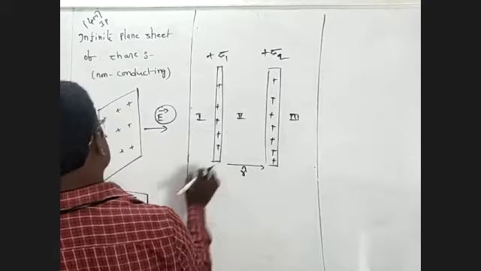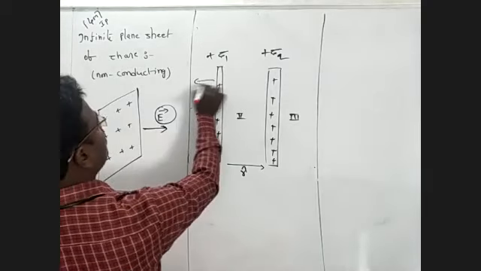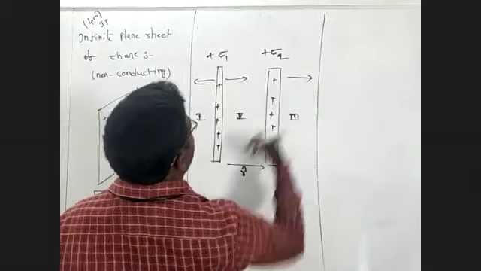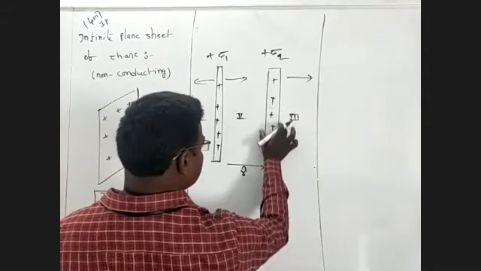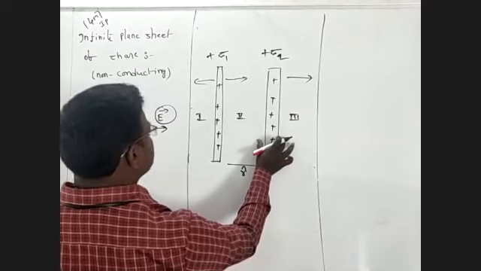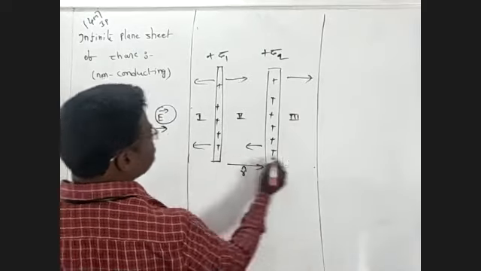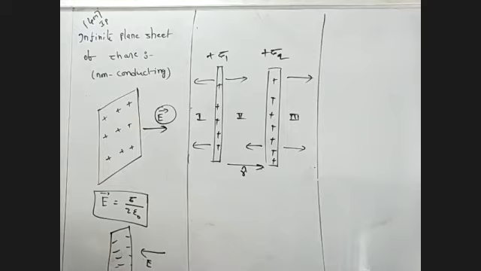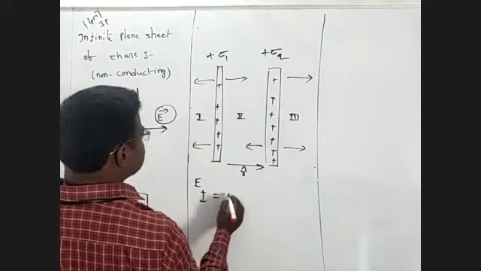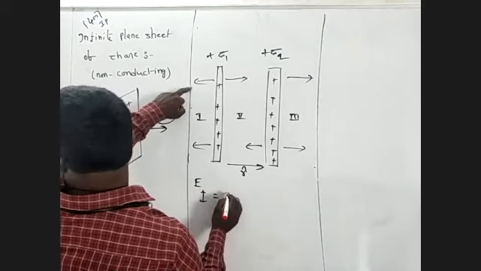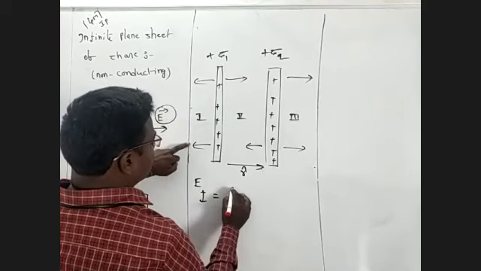This is a fixed bar for this. This is a plate, a positive plate. The direction of electric field is outward, here outward, here outward. This is sigma 1. For this plate, this is sigma 2. For a positive charge, the direction of electric field is outward. Here also outward. Now you will see, in E1, 1 and 2, this is the direction of electric field. This is positive.